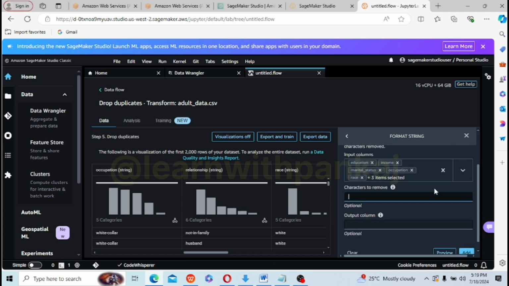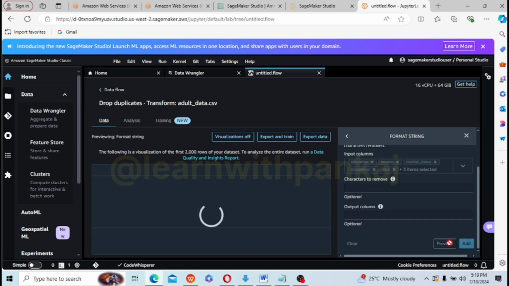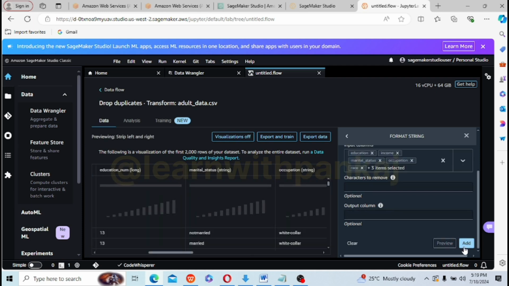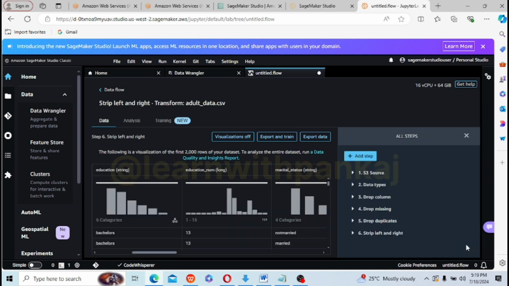So just add a tab there, give one space, and just click on preview. So it has removed any space in the labels. Click on add. So as of now we have done 6 transformations.